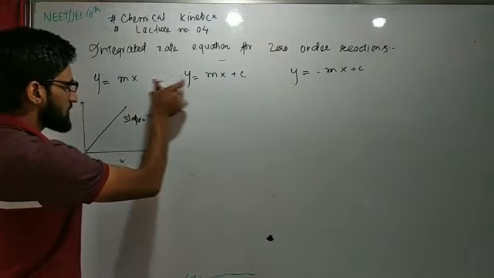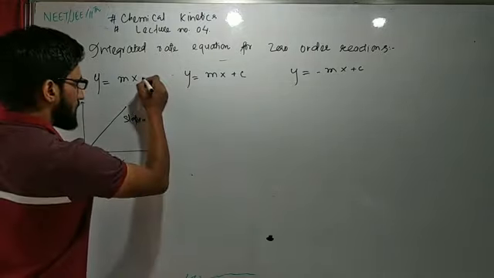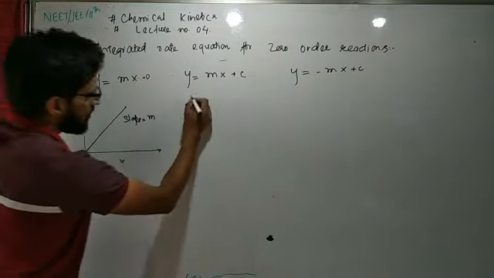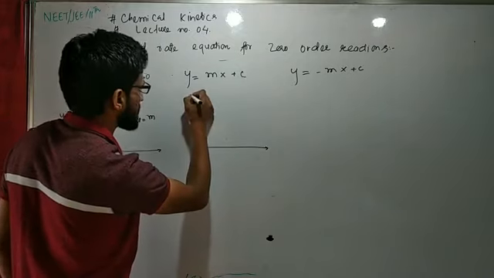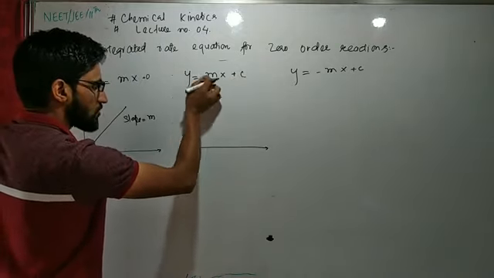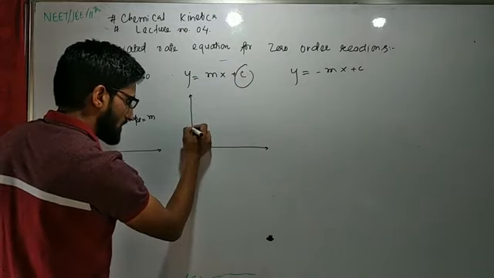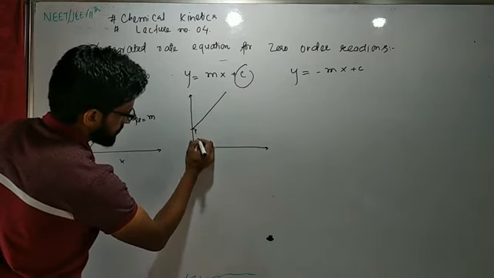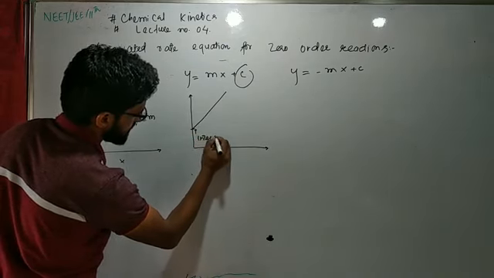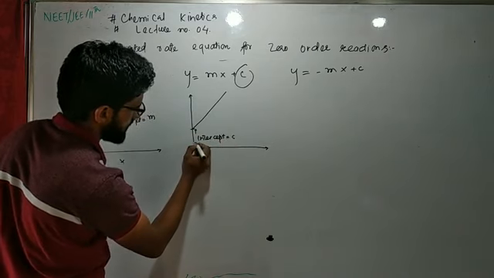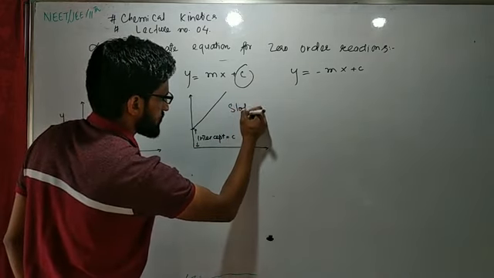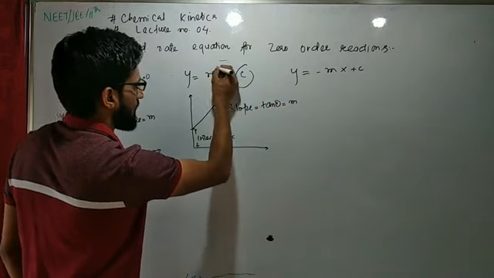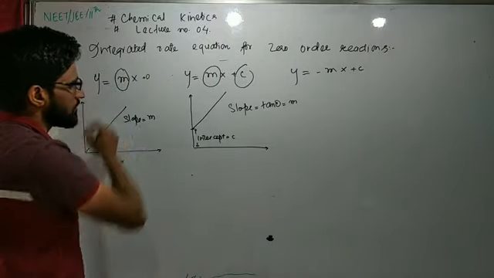Now the difference between these two equations is that here it is plus 0, that means the intercept is equal to 0. This line will start from the origin. Now in this case the intercept is not equal to 0, because here y is equal to mx plus c. That means this line will not start from the origin. This is termed as the intercept, and it is equal to c. Here you can calculate the slope, that is equal to tan theta. That will be equal to m. M is the slope in this case.